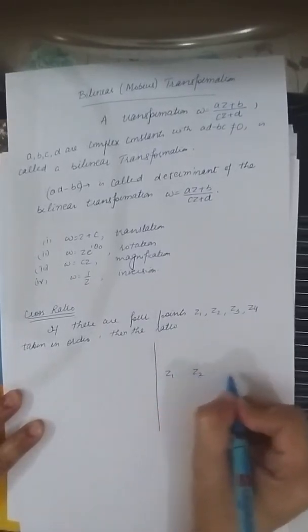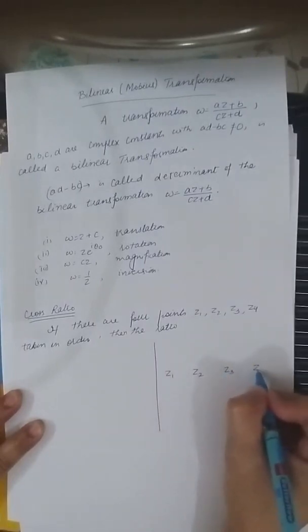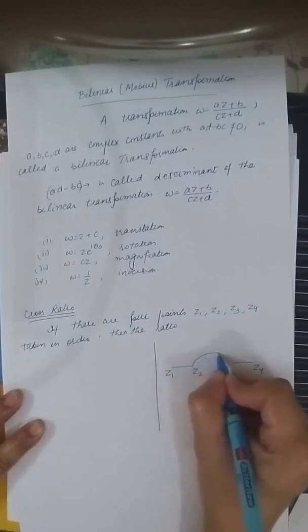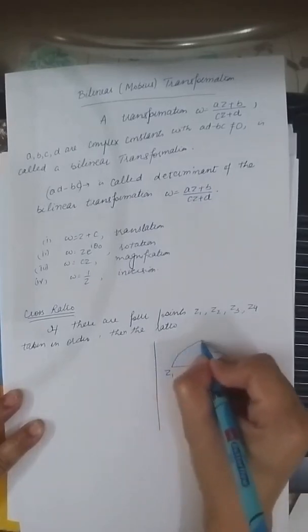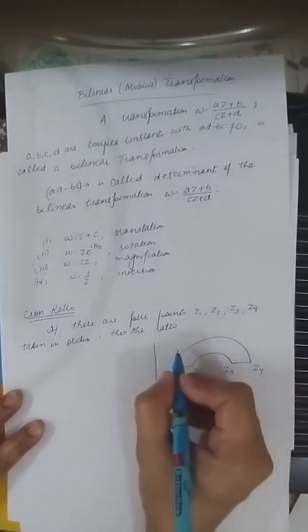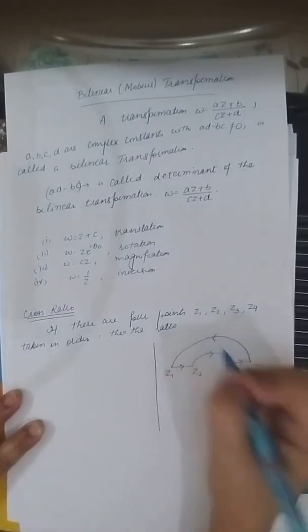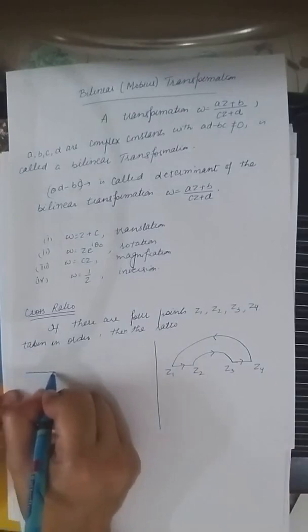Z1, Z2, Z3, Z4 is traversed in anti-clockwise direction. Then the ratio